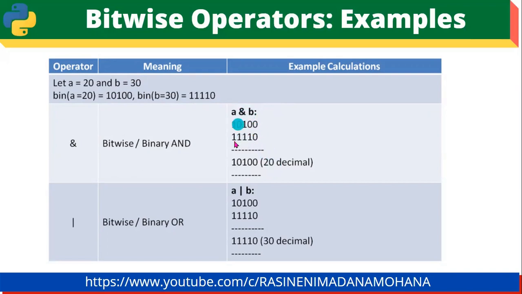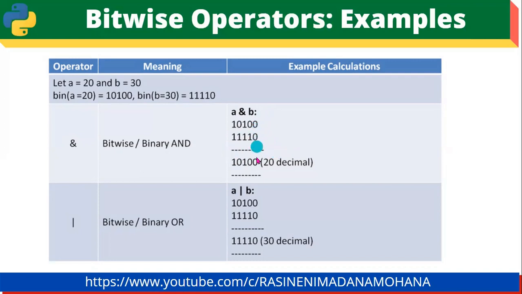So directly, without internal calculation, you may get confused about how you get the decimal value. That's why theoretically you can calculate and check. First, A's equivalent binary value is 10100. Then B's equivalent binary value is 11110. As for the AND operator, what we discussed is bitwise AND: if both bits are 1, then the result is 1, otherwise 0. Now, come from right to left.